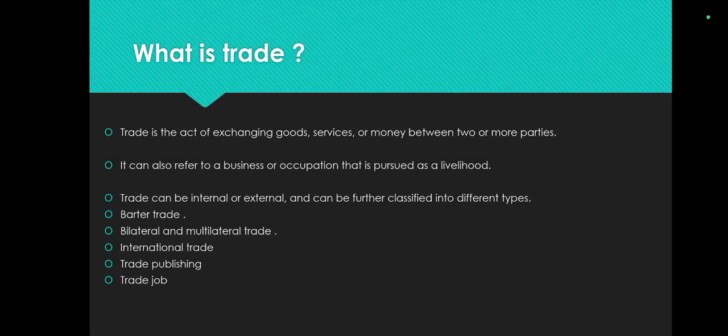For example, apples produced in Jammu and Kashmir are sent to other states of India having a demand for it. Trade is an age-old concept. Trade used to be done in the olden days too. But in the olden days there was no money. So how would trade be conducted? Trade would be conducted using the barter system, that is exchange of goods for goods. So trade is an old age concept.